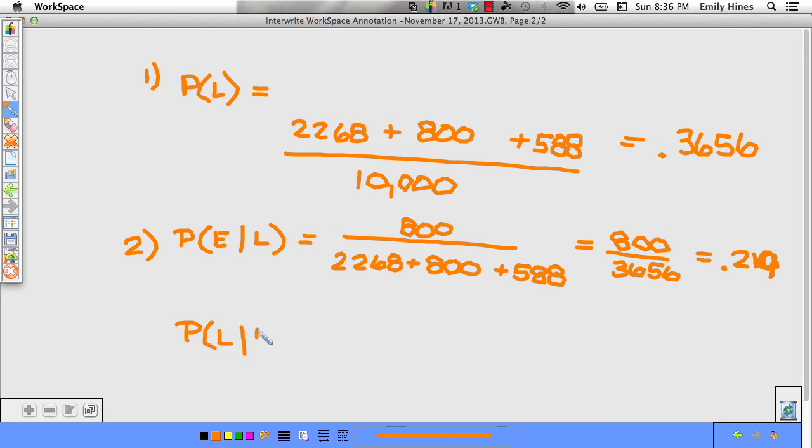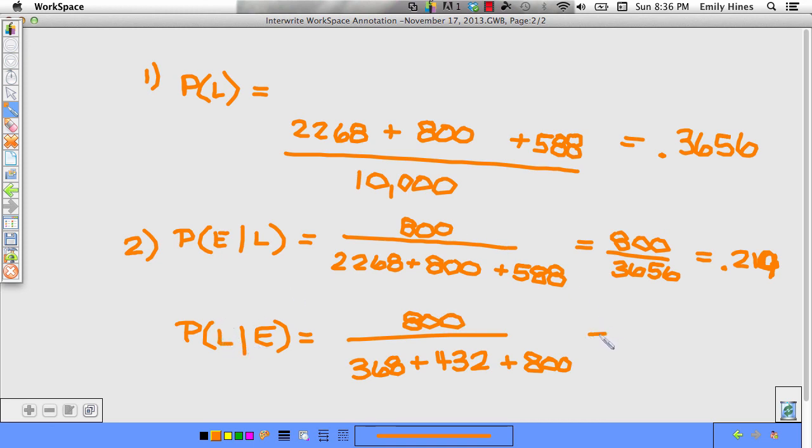And then it wants me to find the probability that they have a grade lower than a B, given that they are from an EPS course. Well, that changes my total to all of the people who are in the EPS course. That's 368 plus 432 plus 800. And it is 800 out of that because 800 is the amount that had the grade lower than a B. So that's 800 out of 1600,